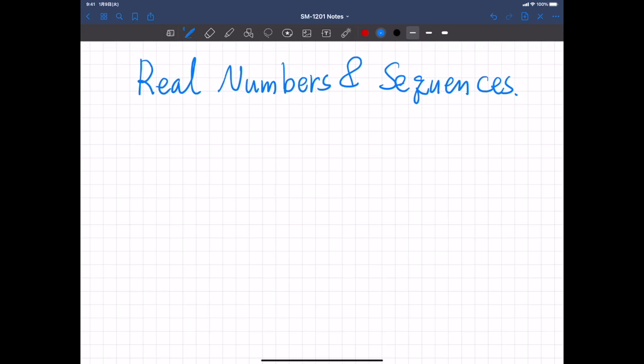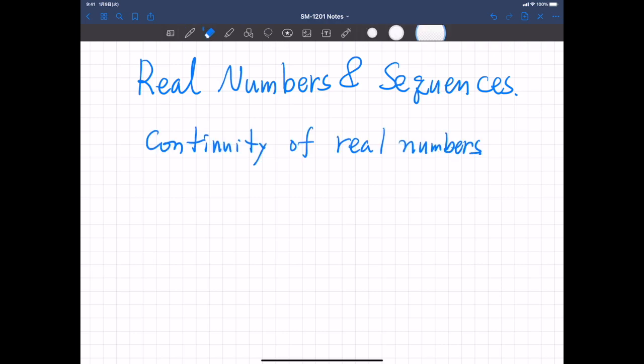Alright, starting from this chapter, we are slowly delving into calculus. But to study calculus, we need to know various properties of real numbers more deeply. And also, to know the properties of real numbers, we need to define various notions regarding sequences of real numbers. So, let's start. One of the most important properties of real numbers is their continuity. And for that, we need many definitions. Okay, so first start